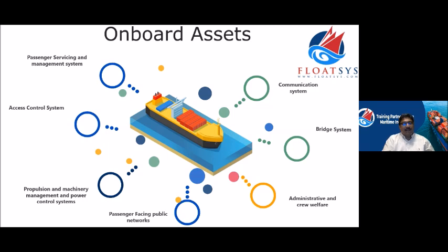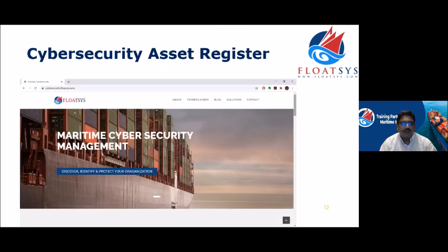And also making sure that the contractors don't just walk in to wherever they want. I mean, they are escorted. Passenger servicing management system, cargo handling, loading computers, and all those types of systems. So, like we said, one of the first steps is